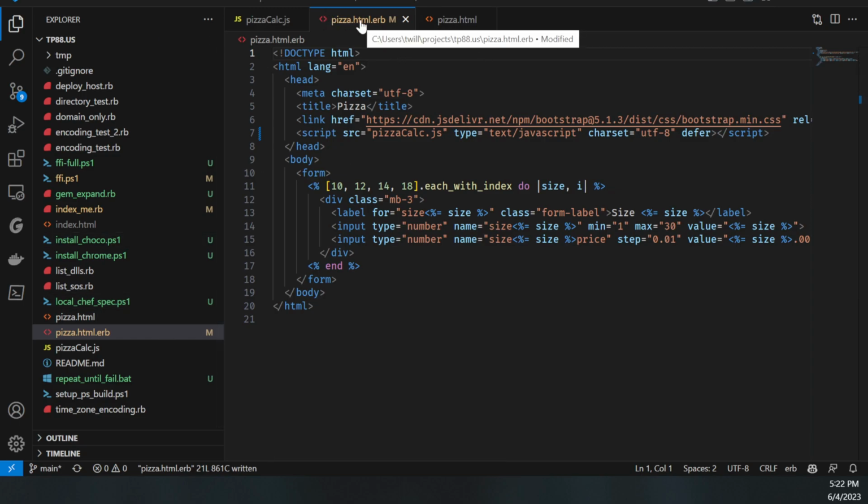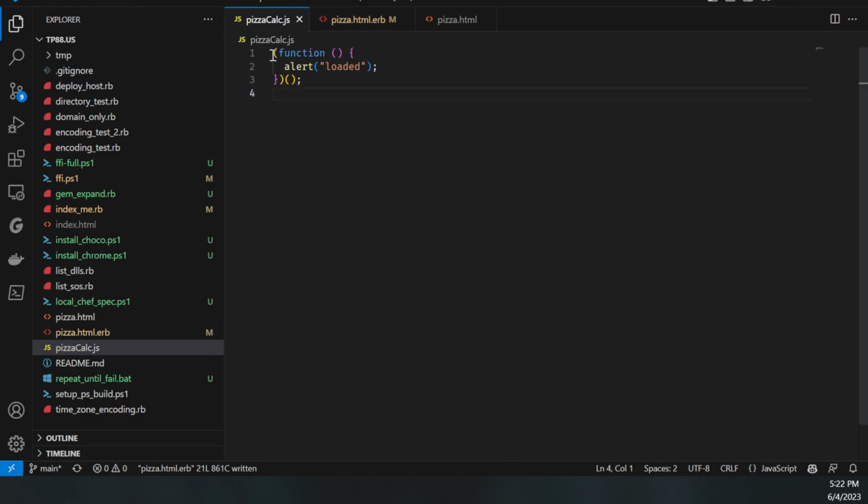So we have an HTML file here, and it's including this JS file, which, as you can see in this view, looks perfectly fine. However, if we open up the HTML file,